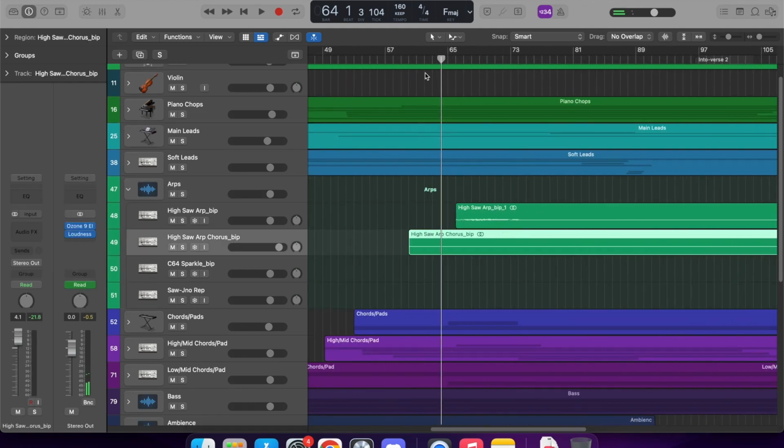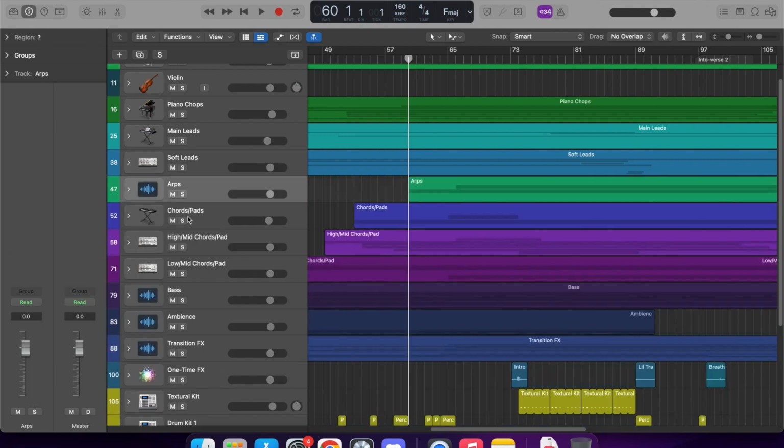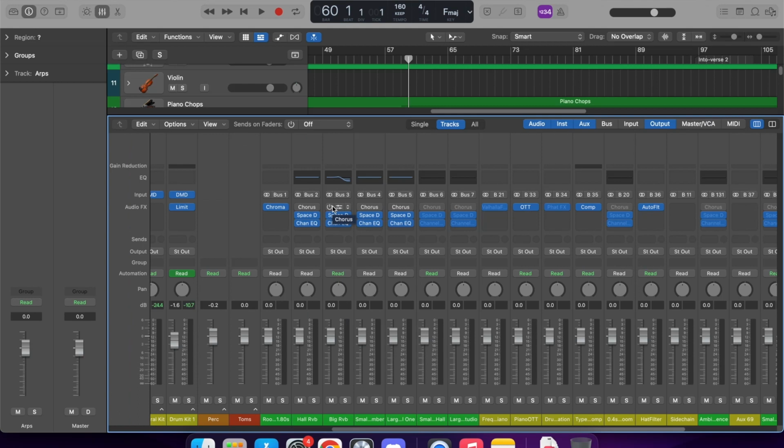If you notice that when I'm soloing other tracks, you hear reverb from other tracks that are muted, that's because I use buses, which are basically shared effects chains. So you can add reverb or delay or compression, whatever you want to these. I use it mainly for reverb and delay because if I use only a few buses and send a lot of things to those buses, the reverb is much more consistent across the track.